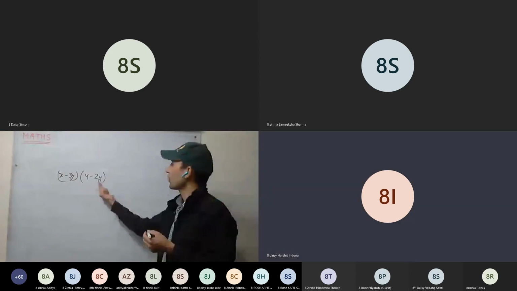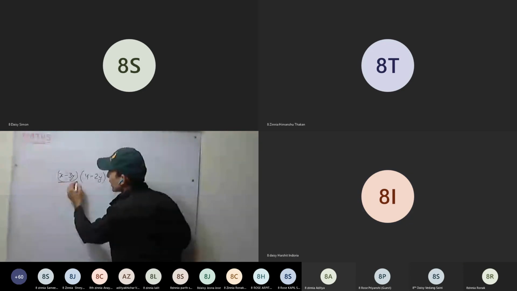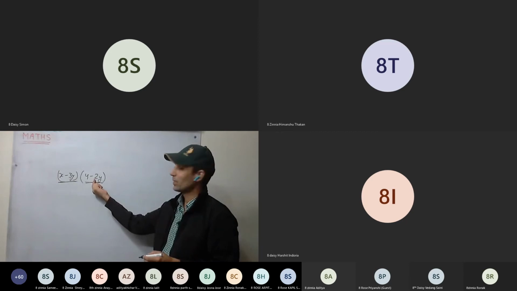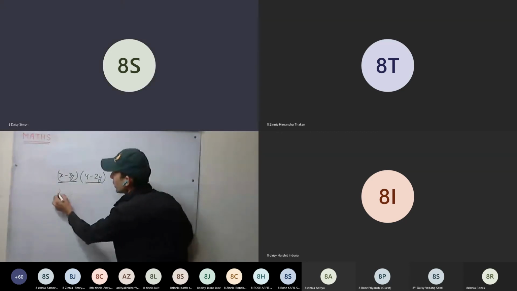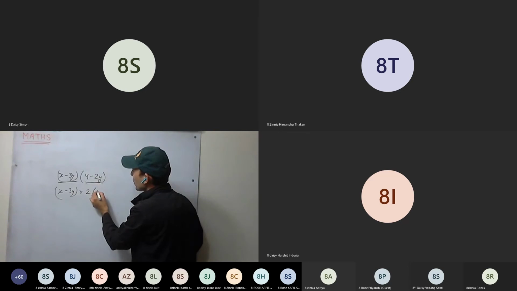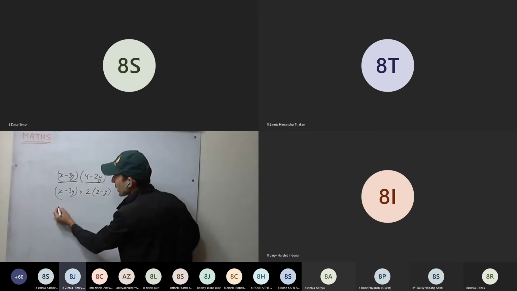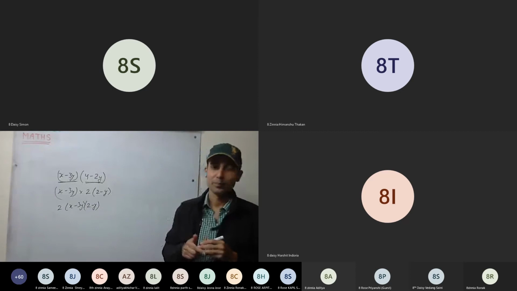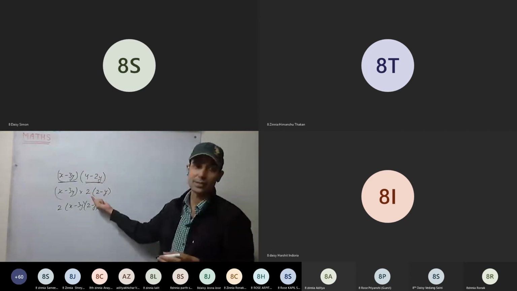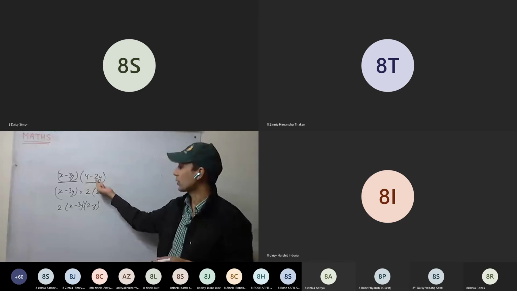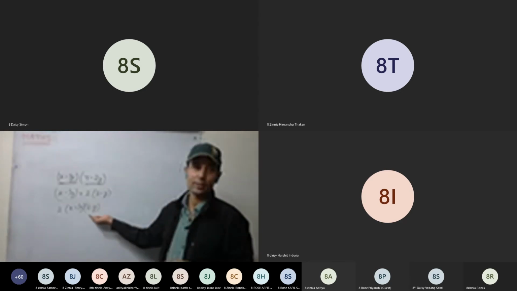Okay. We have to do further. See here. Here there is no common factor. Here again there is a common factor between these two terms. What is common? 2. So x minus 3y into 2 minus y. So we can write 2 times x minus 3y, 2 minus y. Yes. We forgot to factorize it further. Is this clear now? So here again we have the common factor. 2 is the common. So we will take 2 out as well.